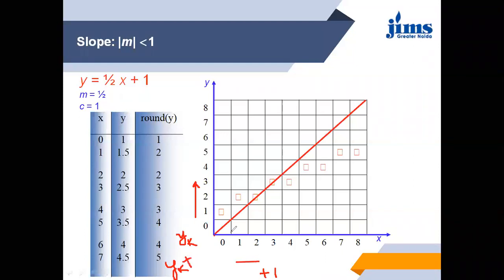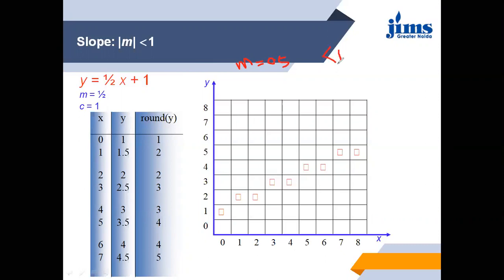When I draw the first pixel, suppose I draw 0 and 1. In the next step, I have to choose which pixel to draw, this one or this one. I will show you by solving this example. From this equation, we can say that m is equal to 0.5, and this is less than 1.